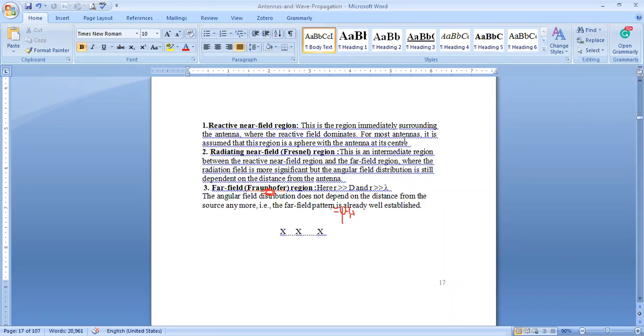Does it spread around meters to meters, meters to kilometers? No. Within a few 0.5 centimeters radius only, it produces very high heat. That's why it is called induction. That is the principle of the induction stove also. Microwave ovens also come under that very near field region. Next, radiating near field, the Fresnel region.